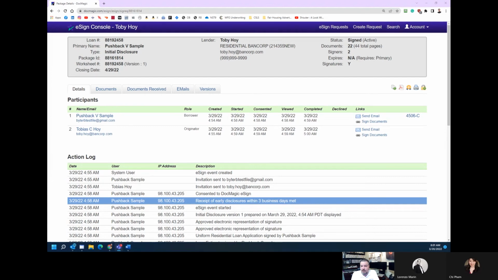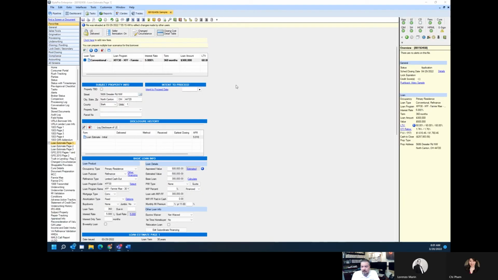And the logic for this will work the same, whether it's an initial disclosure package, a change of circumstance, an initial CD, anything but the closing package. So as we can see in the DocMagic eSign console, both the consumer and the loan officer have completed the eSign event. So if we go back to our file in Byte, and this should look very similar to our